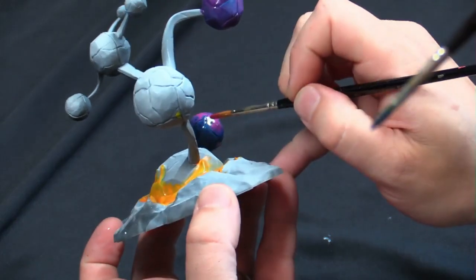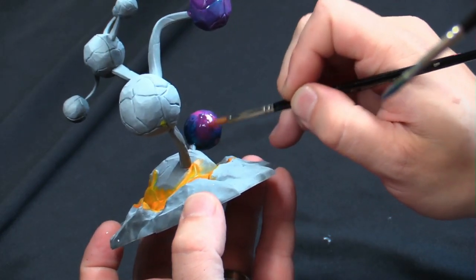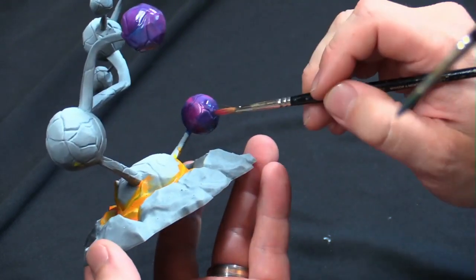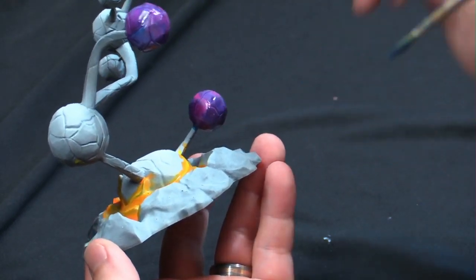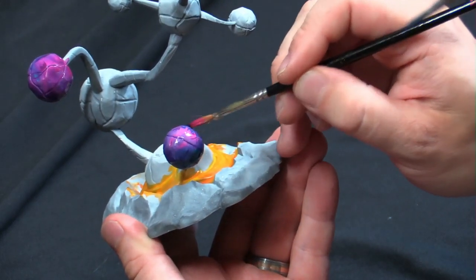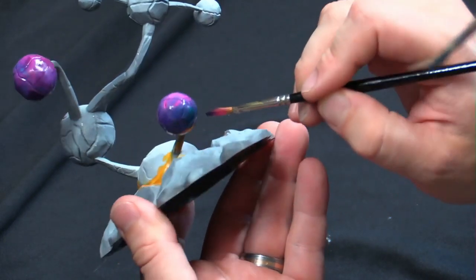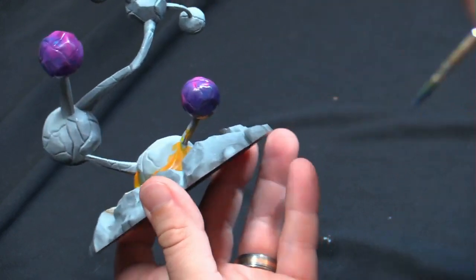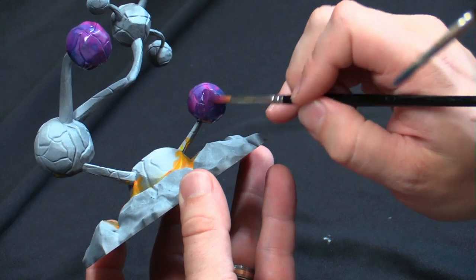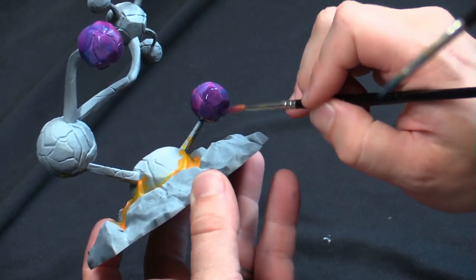Obviously, you could also use an airbrush on this. The studio ones, which were painted by one Aaron Lovejoy, looked fantastic, and I know he used a lot of airbrushing stuff on it to get the shifts and the color changes and everything. So I think there's a lot of ways that you can approach this terrain, and obviously I'm using magentas and blues, which feel very